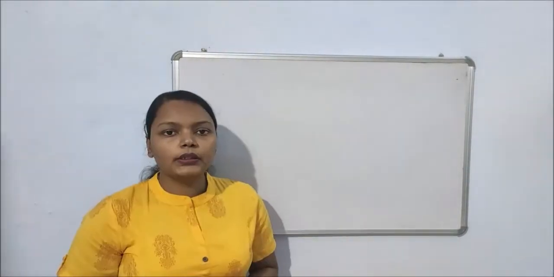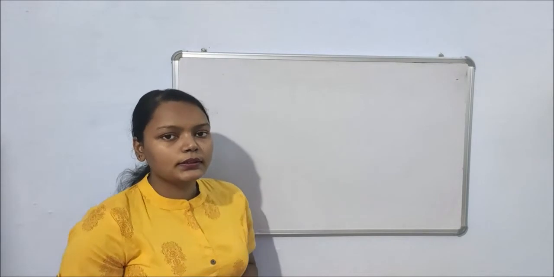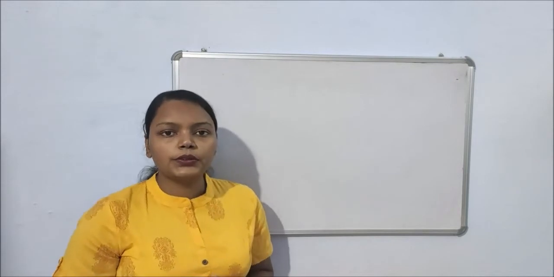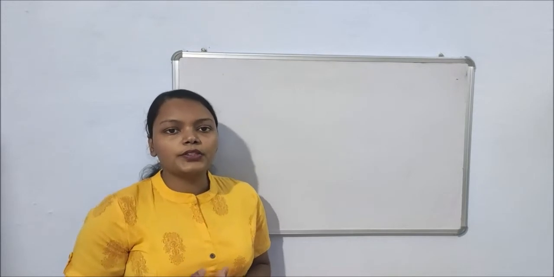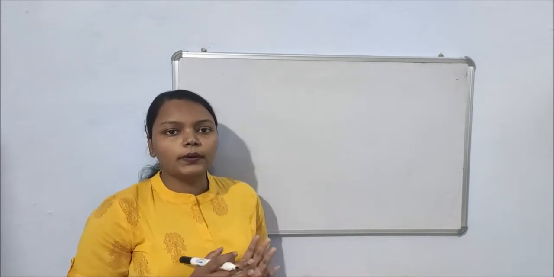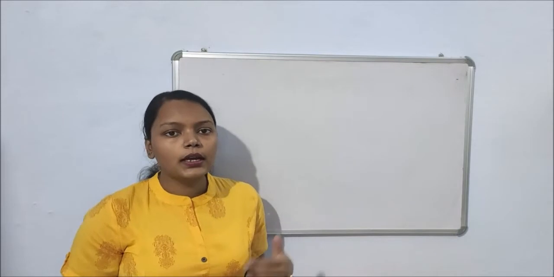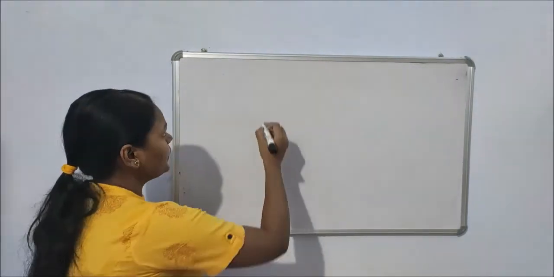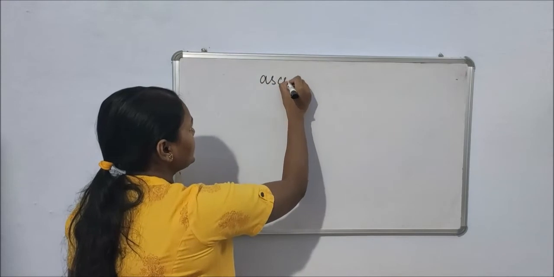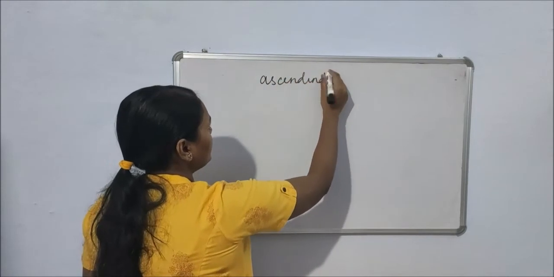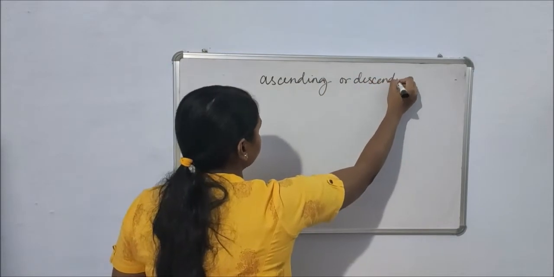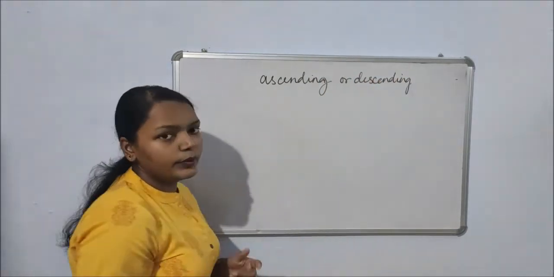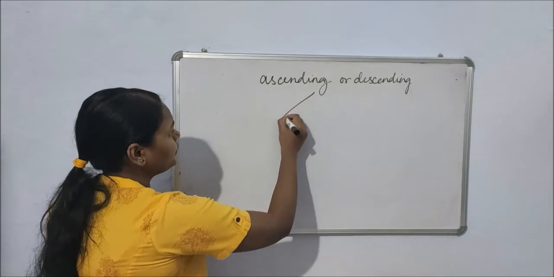So now that you are familiar with the irrational numbers and surds, if I am giving you a collection of surds or irrational numbers, then how will you find which is the greater and which is the smaller? How will you arrange it into ascending or descending order? That is what we are going to see. So if I want to arrange a collection in ascending or descending order, then there can be two types of questions which are going to be asked.